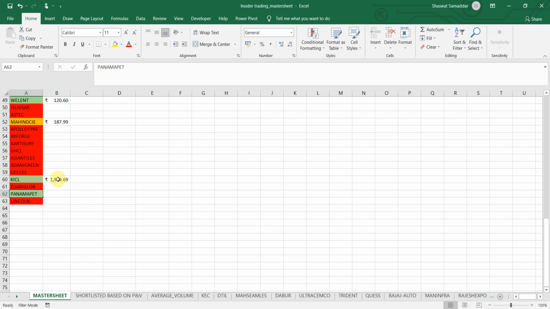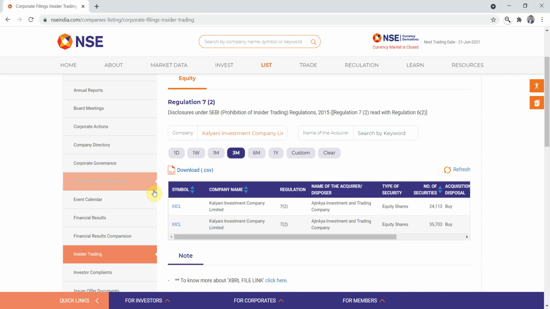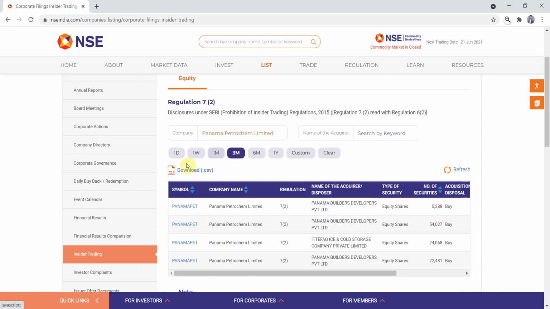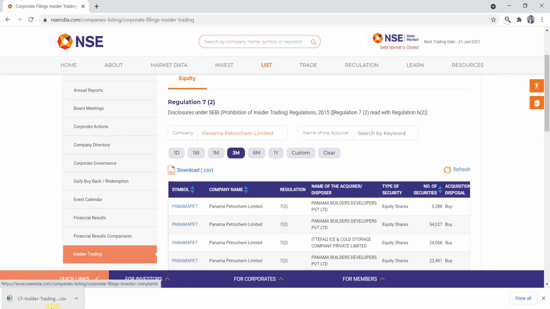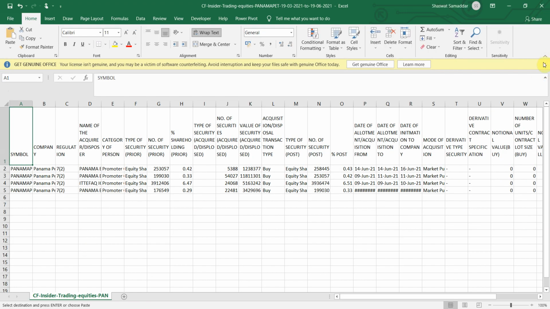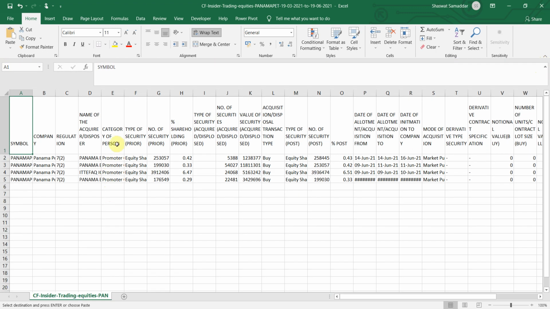Okay, so we will do the exact same thing for this particular stock. So I'll go back and I'll paste the company name here and click on it. I'll click 3 months and download the file, open it. Okay. So again, we have to check the same criteria first before doing the calculation. Promoters, okay. And mode of acquisition is market purchase. Alright, so let's now sum it up